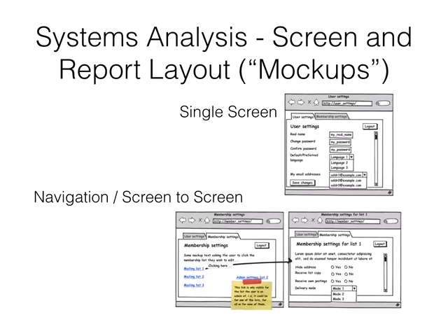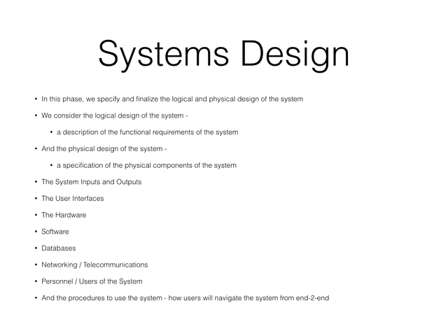We need to have mock-ups. We need to have single screens, navigation as you go from screen to screen, and we need to have a visual of what the reports are going to look like, what the outputs are going to look like. So that gives you a visual of what the inputs are going to look like, how you navigate from one input to the next, and what the final outputs are going to look like. So let's go now to the next phase, systems design. In this phase, we specify